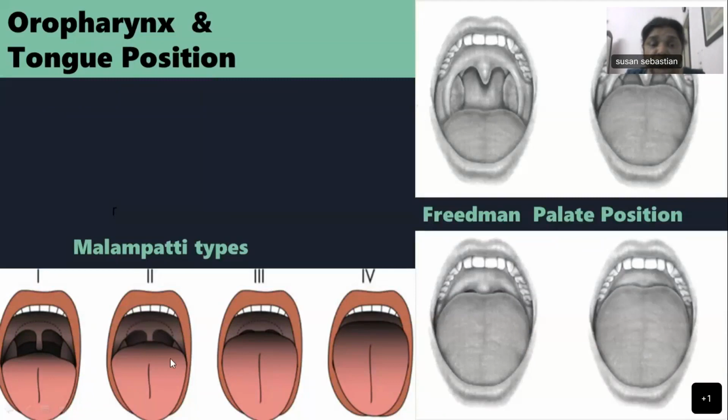Grade 2, you can see the upper part of the tonsils, but the end of the uvula cannot be visualized. And grade 3, you can't see the uvula at all, you can't see the tonsil at all, but you can still see some of the soft palate and the base of the uvula. And grade 4, it is only the hard palate that can be seen. And again, the treatment position is very similar to this. Only thing, in treatment position, the tongue is inside the mouth, and in the Mallampati, the tongue is outside the mouth.